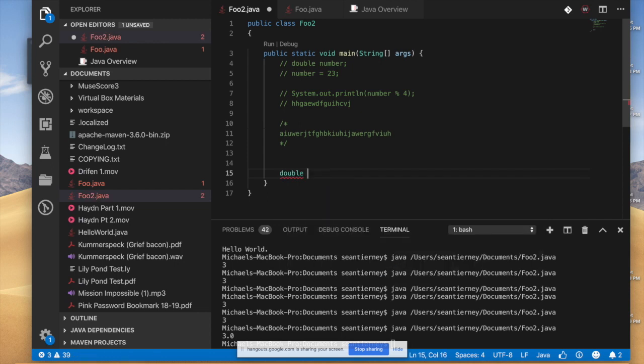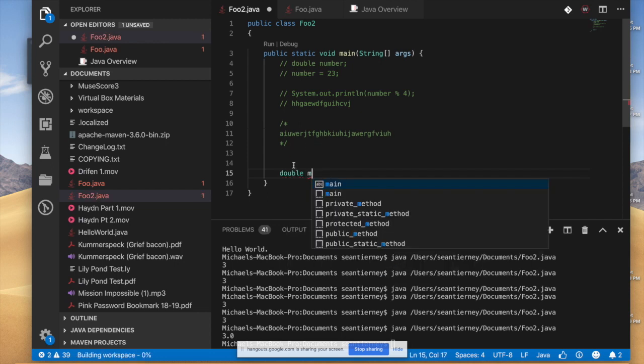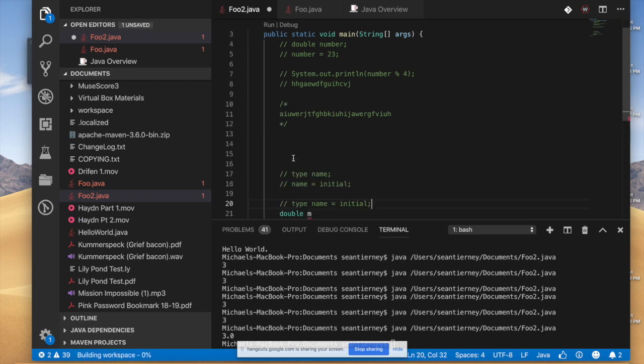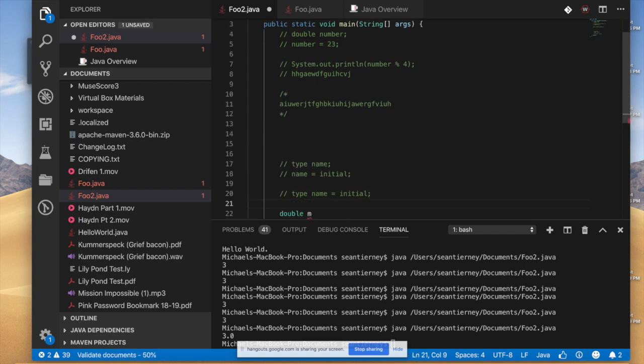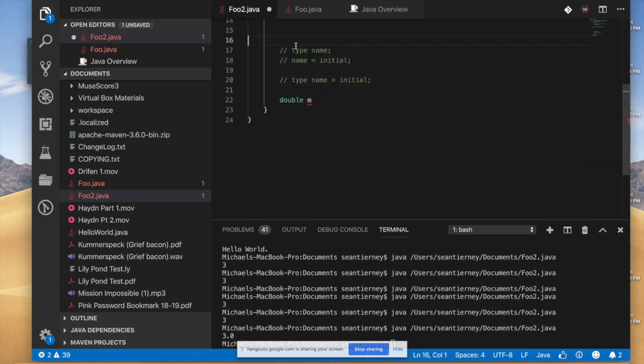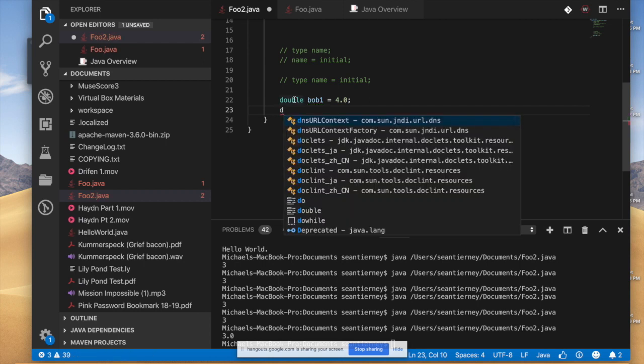Oh right, let me get my template back for making variables. You can do either of those things to make a variable. So double is the type, Bob1 is the name, and its initial value, you can say 4.0, and we have int bob2 equals